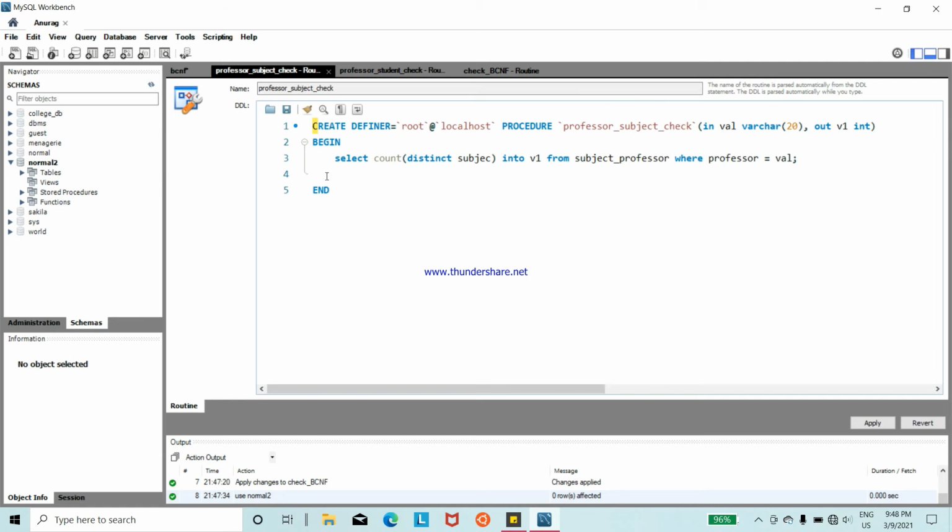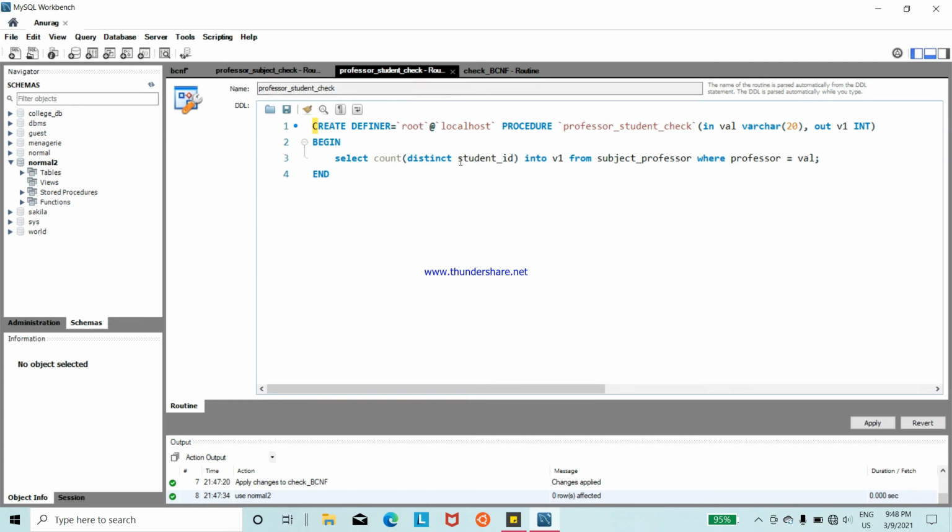For this, we just select distinct subject for a particular professor name, and if we get one, then that is a one-to-one relation, and if we get more than one, then there is no one-to-one relation, and so the subject is not dependent on professor.